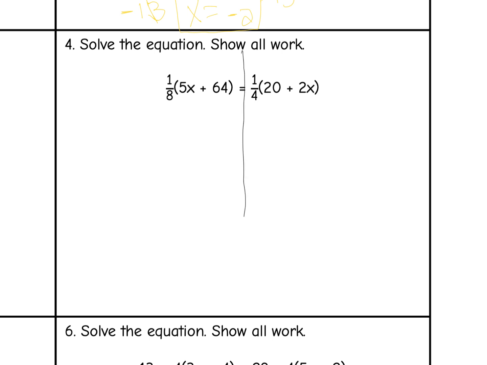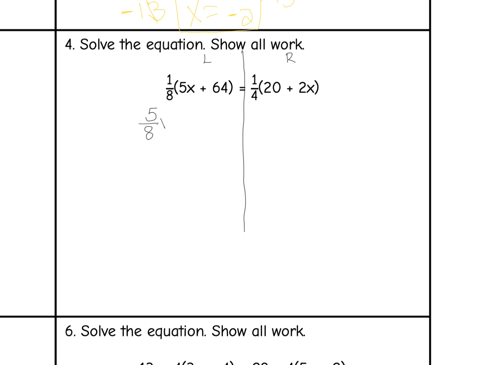Same thing, and my first step is to distribute. So here's the left side of my equation, here's the right side of my equation. Let's start with the left side to distribute. So I have a 1/8 to distribute, and that is perfectly okay. So I can plug in 1/8 times 5. I think fractions are so much easier to deal with than decimals, so I'm going to leave this in a fraction. 1/8 times 5x is